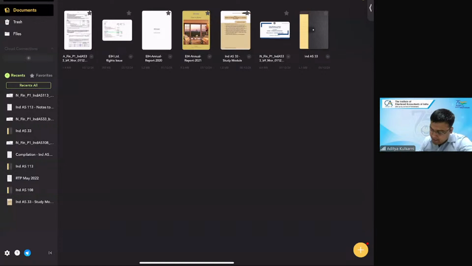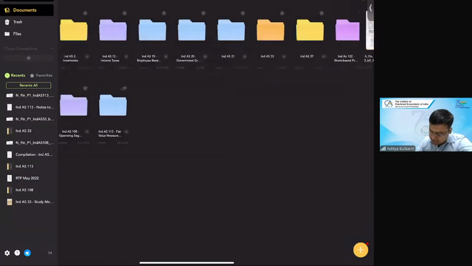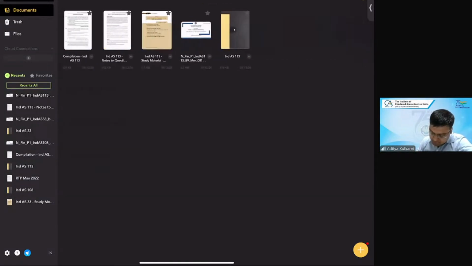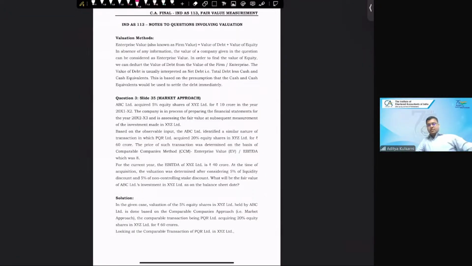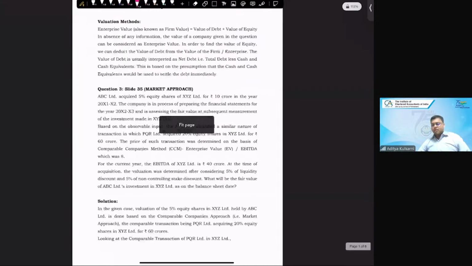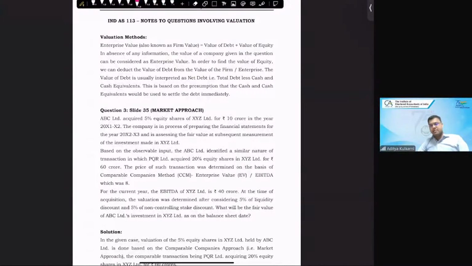I have shared some questions, and I have tried to put in some information about valuation methods. So, this is not there in your study material explicitly, but यहाँ illustration के तौर पे it is there. So what we have done is we have just put that data in one place for you to understand.